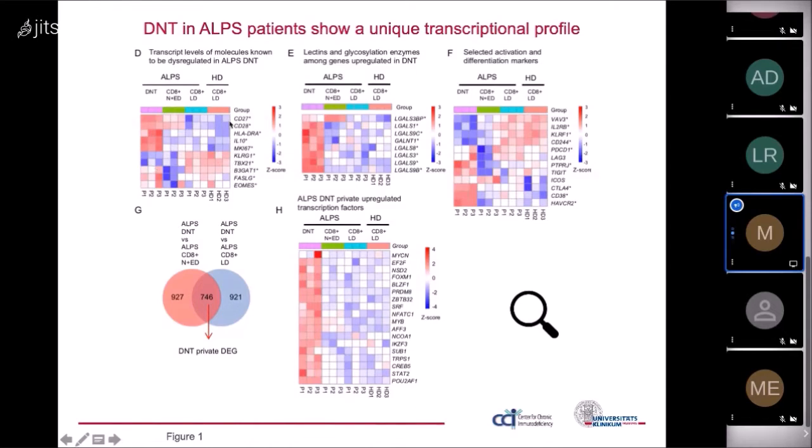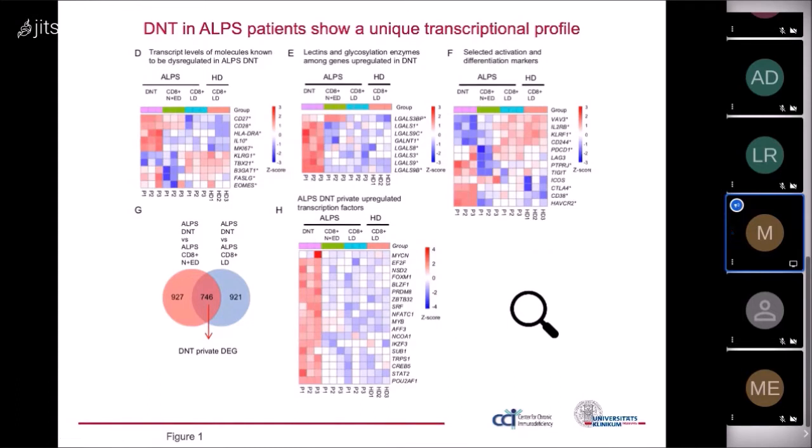Interestingly, we found a lot of genes encoding for galectins and glycosylation enzymes. And this is interesting because it was already known that ALPS DNT express high levels of B220, which is a glycoform of CD45R, the result of a high glycosylation activity. We found also a potpourri, I would say, of markers typically expressed by activated cells, I say here CD38, but also by exhausted cells or regulatory T cells, without, however, finding key similarities leading to a strong link with a